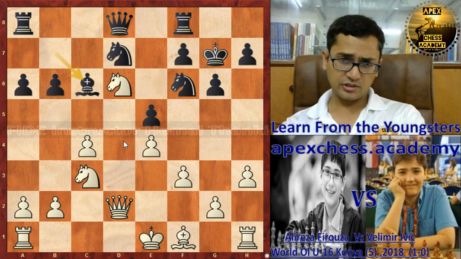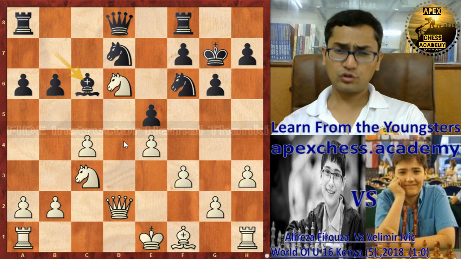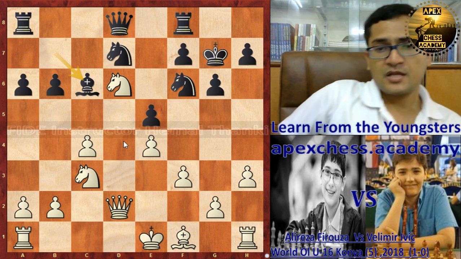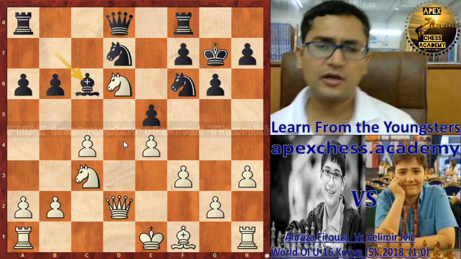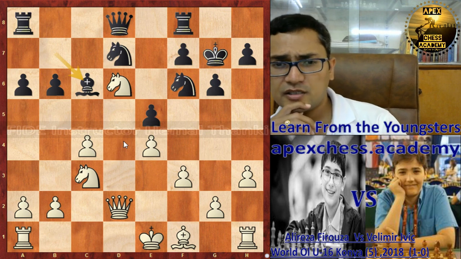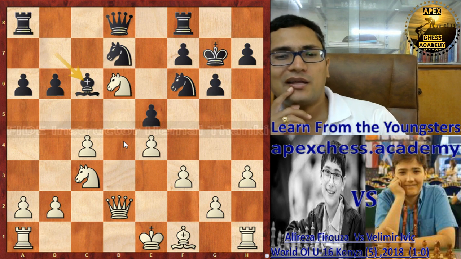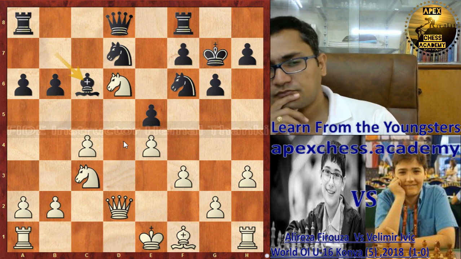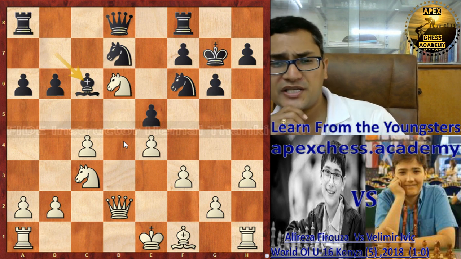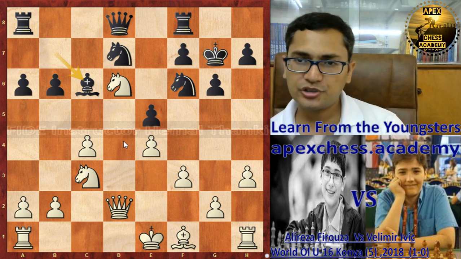Now black's intention is to cover the d4 square. Okay, white succeeds in capturing the d6, but the thing is, if black manages to play knight c5, knight e6, and knight d4, then this pawn on d6 does not matter that much. Okay, but here in this position,